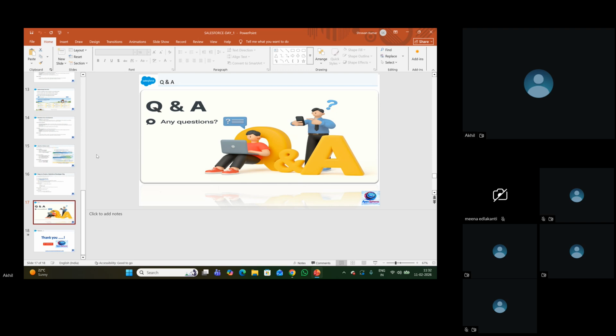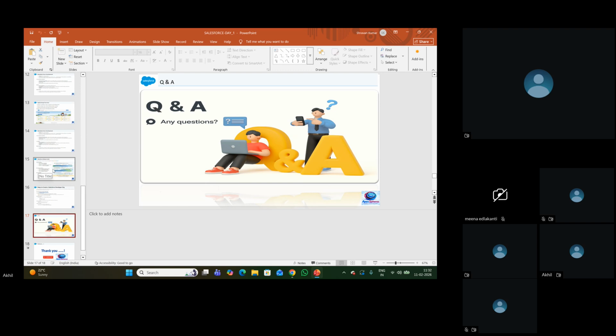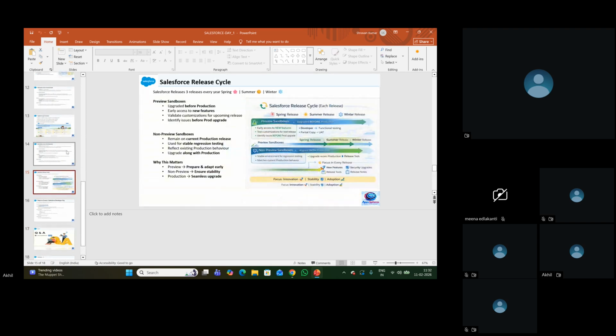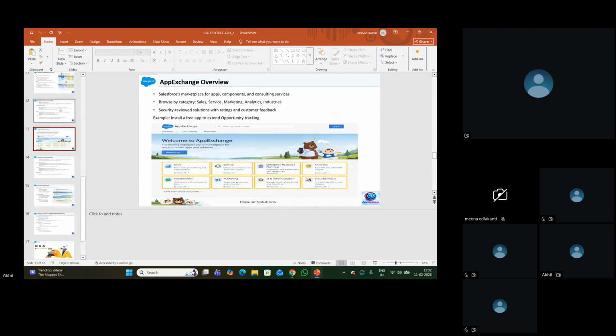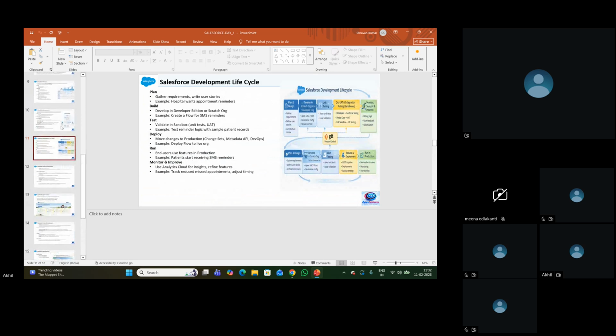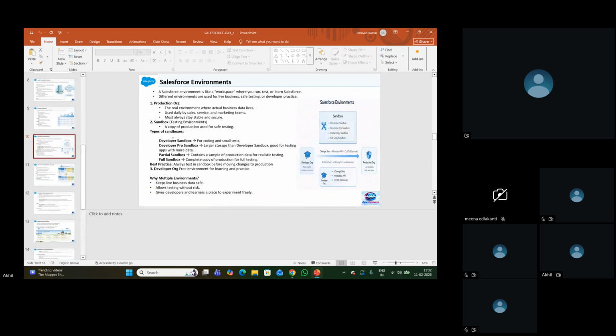Firstly, there will be a production environment. Yeah, correct. Directly we cannot do it on the real data. Then we have to come to the sandbox, testing environment, developer, partial, like that. Four types it will be. Mostly we'll concentrate on developer, and after developer testing we can go to sandbox. Okay, that's how it is.